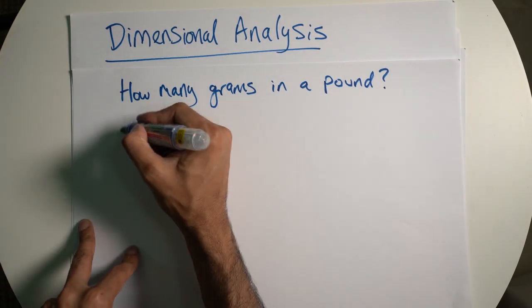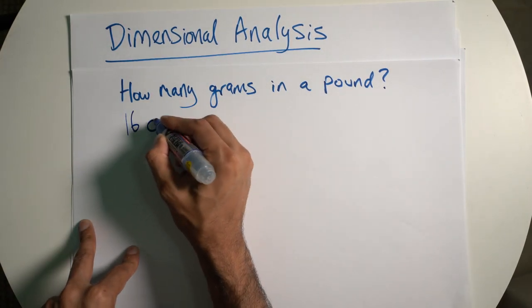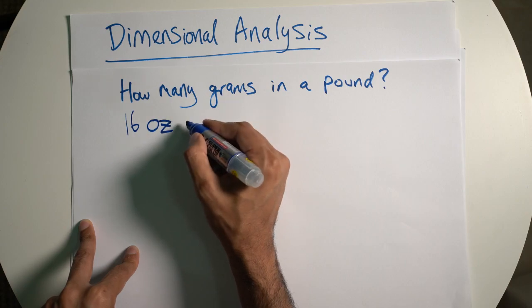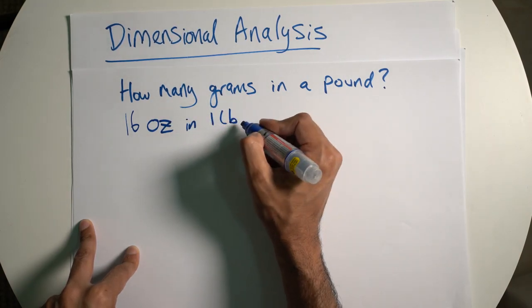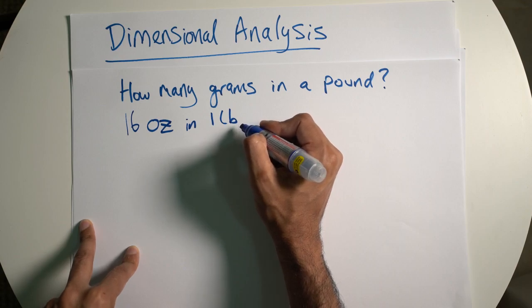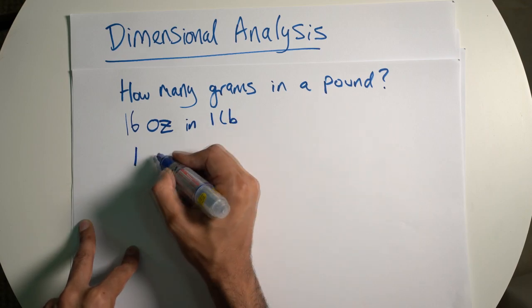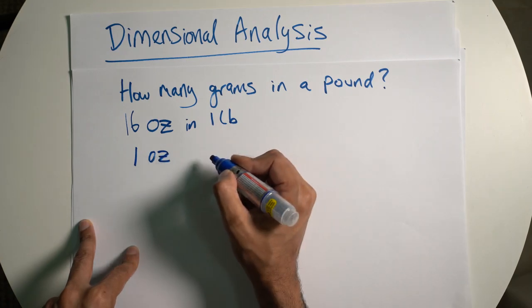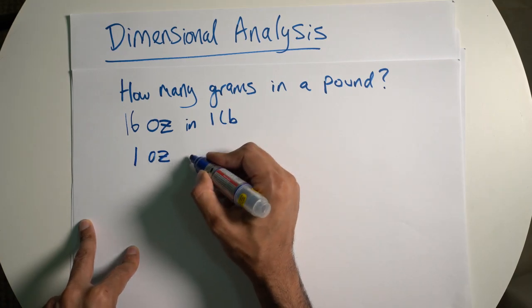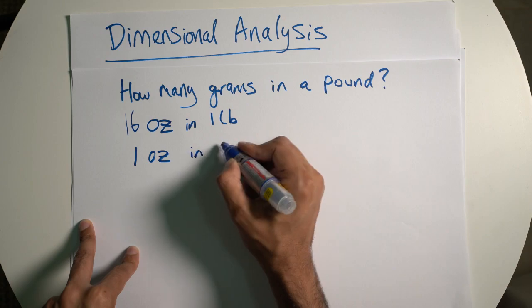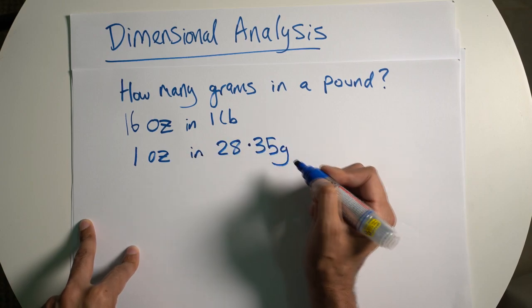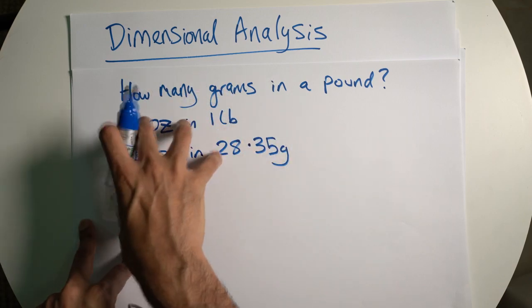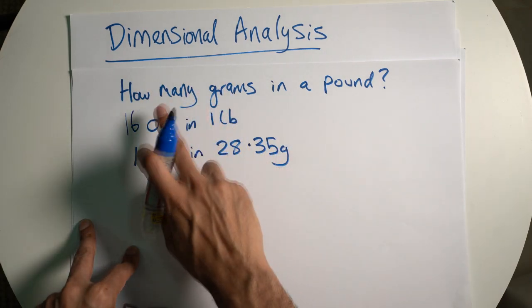So we know that there's 16 ounces, OZ, in 1 lb, 1 pound, okay? And we also know that there is 1 ounce in 28.35 grams. So this is the information that we've got to deal with, and we've got how many grams in